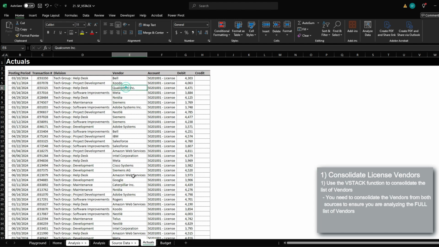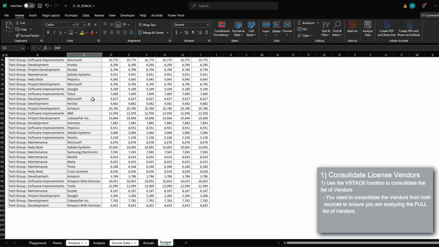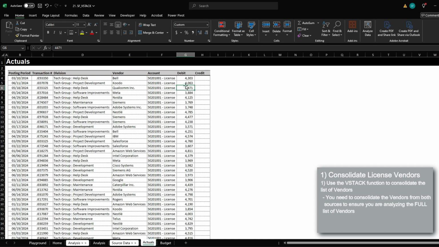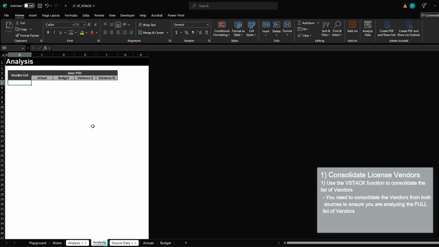For example, we can see that under actuals, we have a vendor by the name of Qualcomm, but if we take a look at the budget, we don't have that vendor. So if we only capture the vendor from the budget, we would not be capturing actuals cost related to Qualcomm. As a result, we need to consolidate the vendor list from the actuals and the budget,